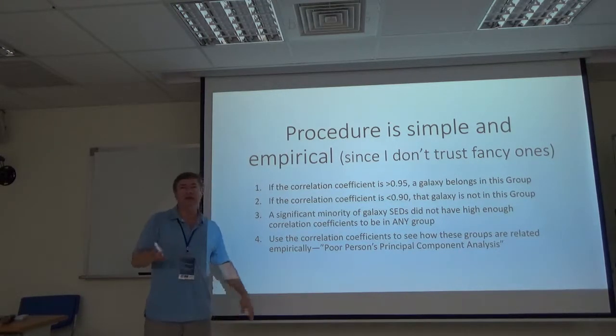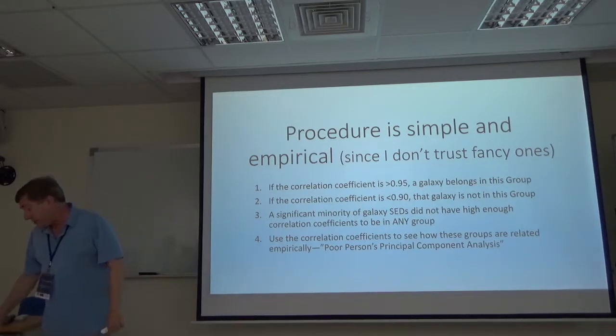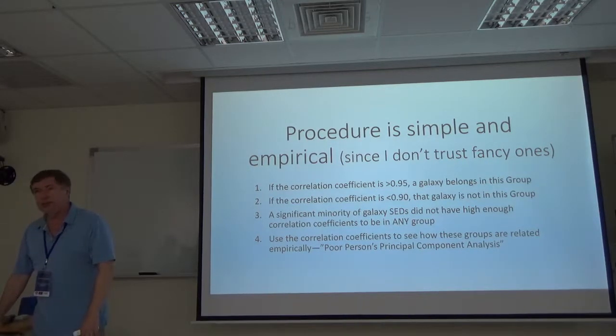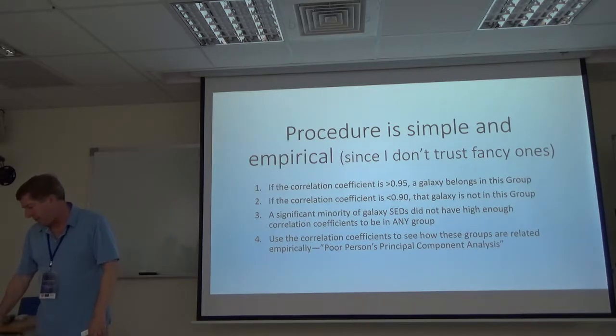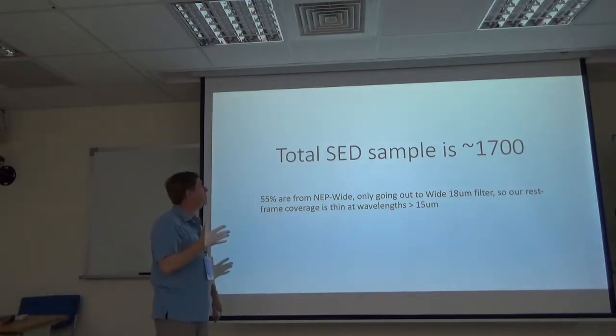Anyway, a lot of this might sound like we're doing principal component analysis of the spectra, but I just want to do it empirically. The problem with some of these other methods, as we've discussed, is that I might not understand how to interpret the answers. So we have a total now, because of so many redshifts and so much data,